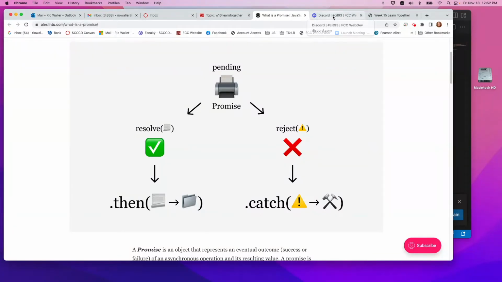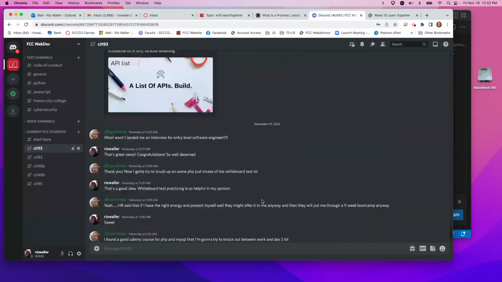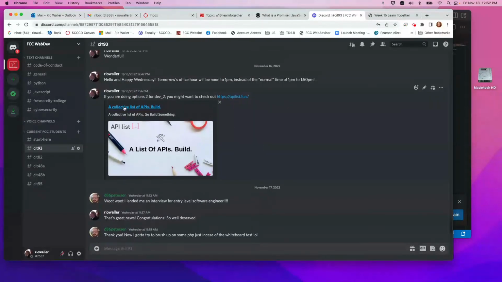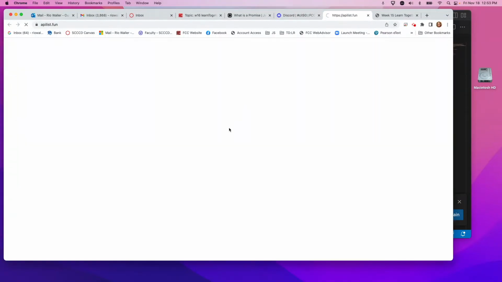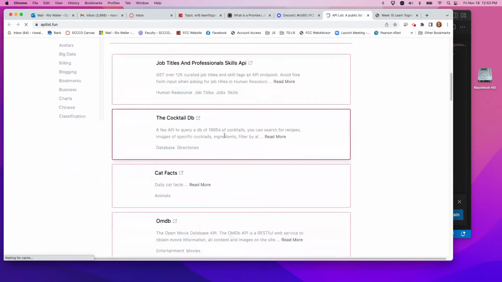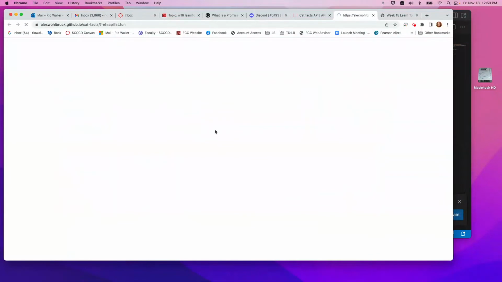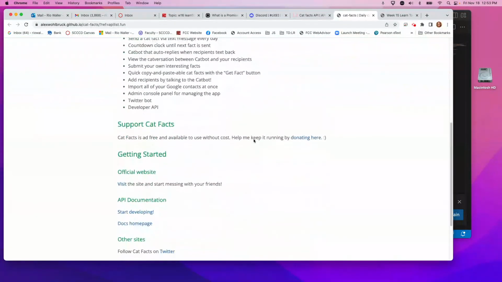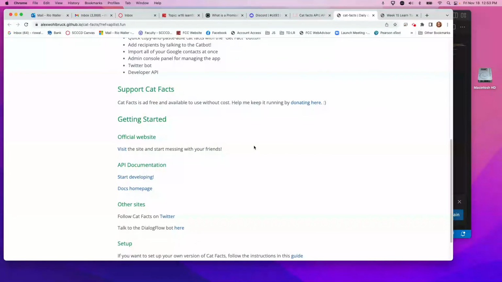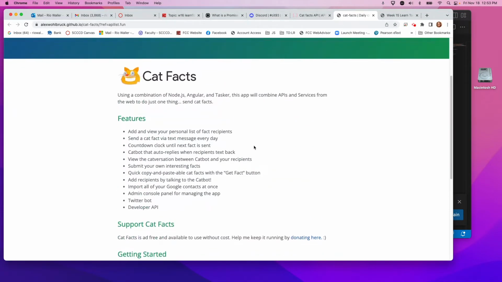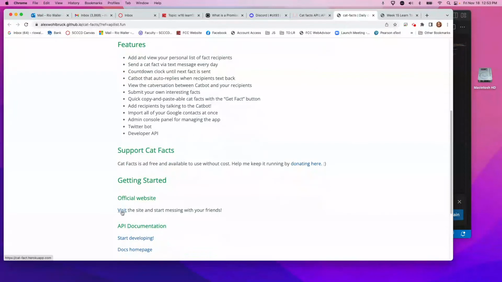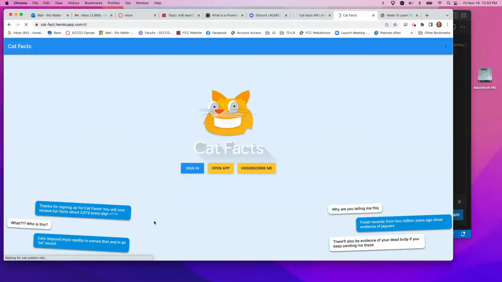And I posted on Discord again because of a conversation Adam and I had about some APIs for those of you that are considering the API option for Dev 2. We went through and looked at it, and several of them were broken. So here's the thing: if you're going to use this list, like this one, CapFacts, this was a perfect example. I said, well, let's go look at this one. And then go to the API docs. And then we actually tried to hit the API endpoint, which was where it gets started, visit, right. Oh, actually getting started developing. Actually, that's where it was